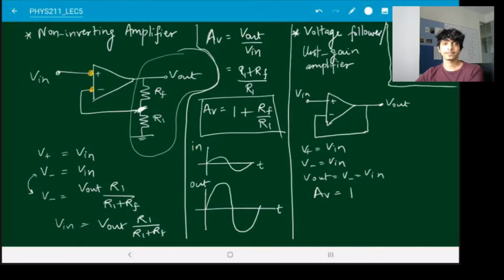Are you starting to see how easy it is to analyze op-amp circuits compared to transistorized circuits? In a transistorized circuit, if you were looking for an amplifier, you had to do a long analysis, including DC signals, AC signals. It was a pretty long affair. Now for op-amps, because we have these assumptions where there is a virtual short between the two terminals and there's no current flowing into them, it becomes very easy to analyze circuits with op-amps in them.